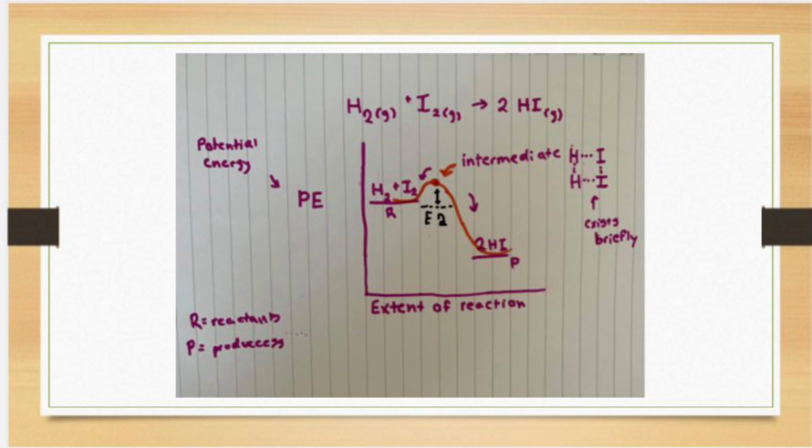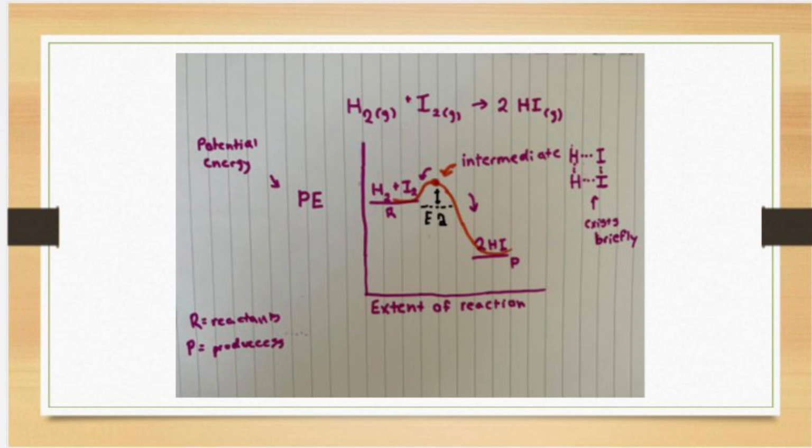Here's a fun graph to help show it. The y-axis is PE, which is potential energy. The x-axis is the extent of the reaction. This shows how H2 plus I2, which are the reactants, have a higher potential energy than 2HI, which are the